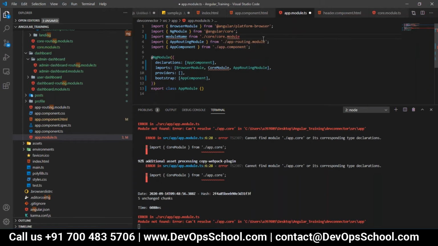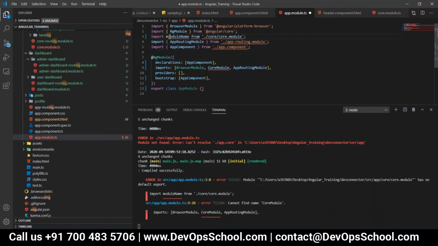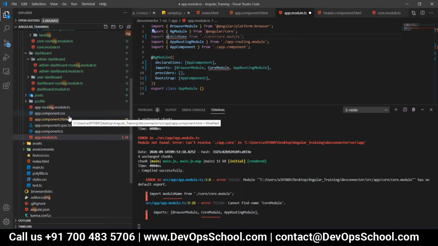Okay. Right. Complete the code. Now module name is what? Core module. You have to put it in curly brackets. Remove the module name word.